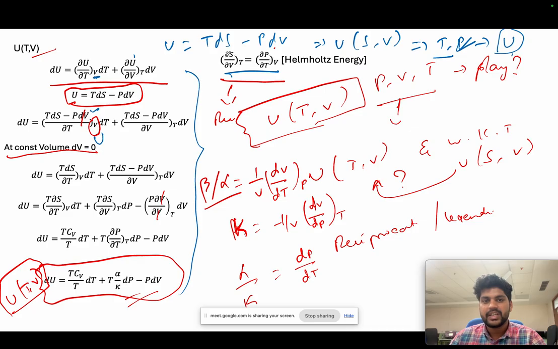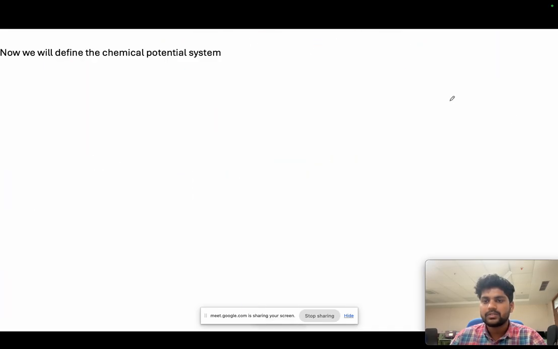And from the Helmholtz energy we will get dS by dV at constant temperature equal to dP by dT. So now I moved it here, dV gets cancelled, you will get minus T dP by dT dV, because there is no temperature change in the system, so that's why we are removing this. And we have T dS by dT, and you know this one, dS by dT at constant pressure equal to Cp by T. Same thing, dS by dT at constant volume equal to Cv by T. So I applied that here. Here the T will get cancelled, and dS by dV we will get from the Helmholtz energy, dP by dT at constant volume, and you know that alpha by kappa